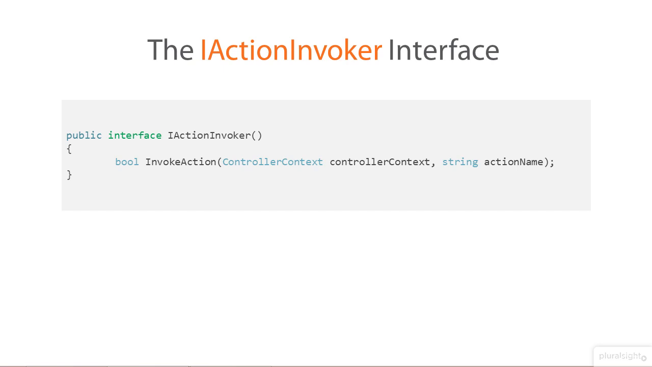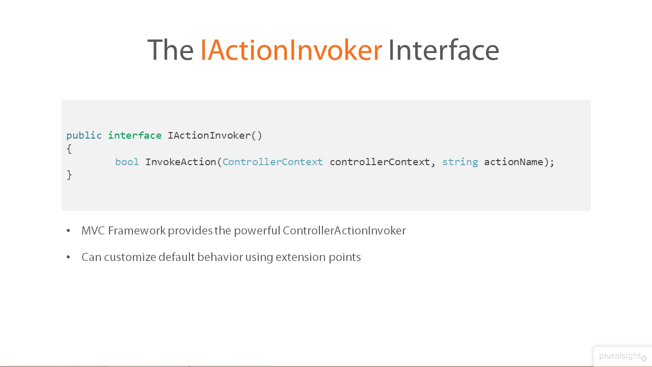MVC already provides a very powerful default implementation for us, and that's called controller action invoker. We can also use other simpler extension points to alter the default invoker's behavior and the action method execution process. For example, we can use the action selector attributes to impact which method is chosen. We'll look more at that in a later lesson. For right now, rather than build our own implementation of the action invoker, I want to really explore this default